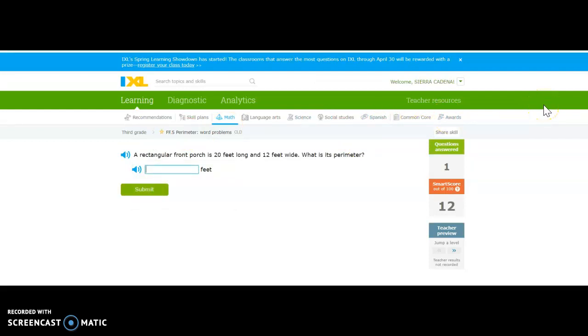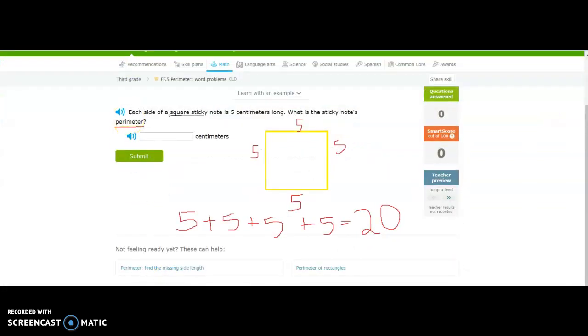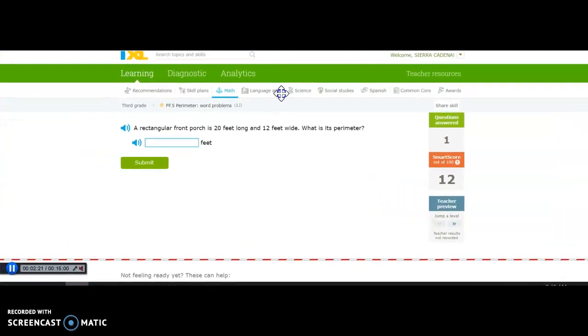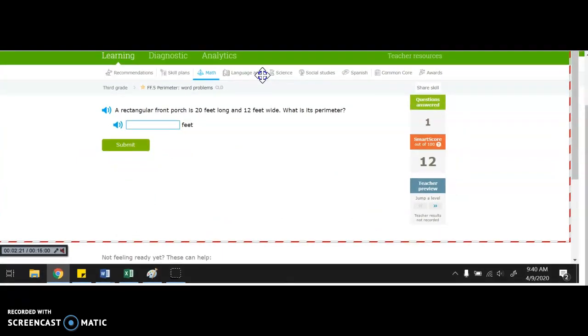Here is another problem. Let me pull it over here. Okay, the next problem says a rectangular front porch is 20 feet long and 12 feet wide. So the first thing I'm going to do if I'm you guys is I'm going to draw a rectangle. It says a rectangular front porch, so I'm going to draw a rectangle. Okay, on my piece of paper, I'm going to draw a rectangle. And I know that this rectangle